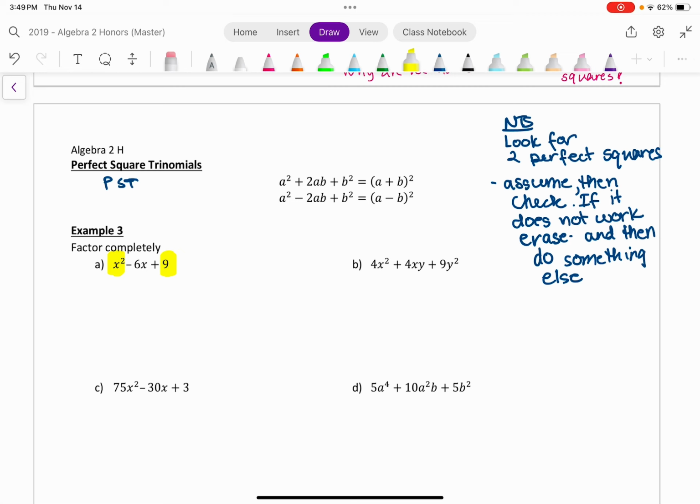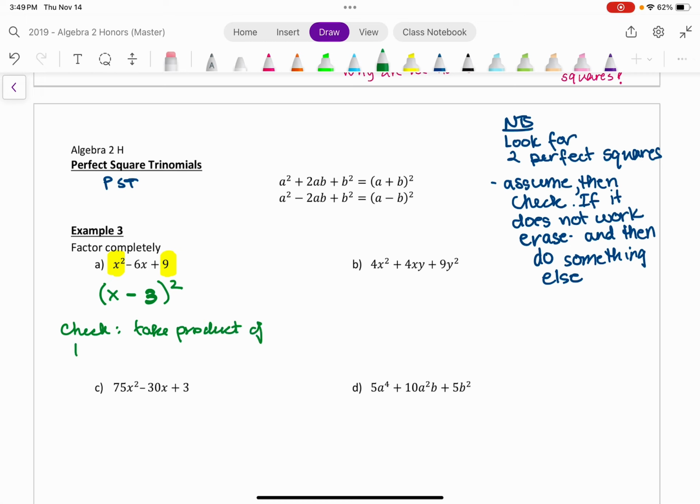So when you have a trinomial like this, I'm actually going to just assume that it is a perfect square, and then if it isn't, I'm going to correct it. So I'm going to say, okay, I think it's a perfect square binomial. That means it's a binomial raised to the second power. Take the square root of the first term, then take the sign in the middle and the square root of the last term. And the way you check is take the product